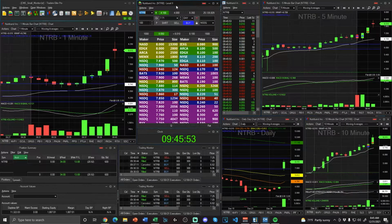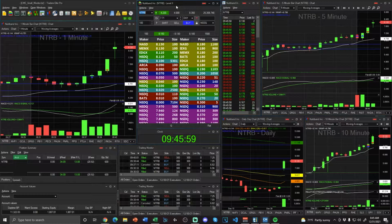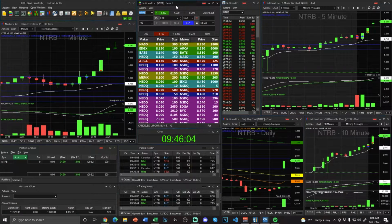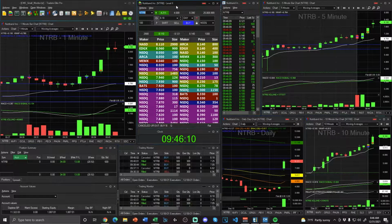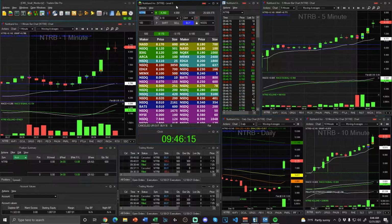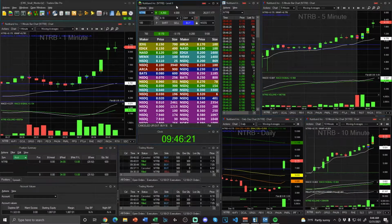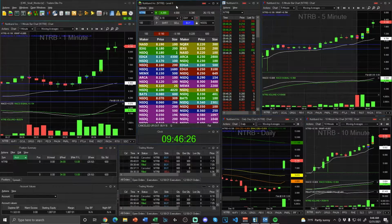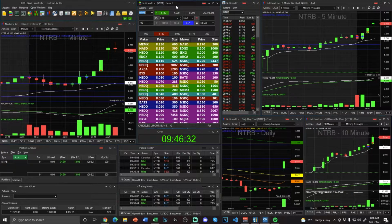Pulling back to 8, 15-cent spread there for a second. 8.02. Wow. So I tried to buy that dip there, but obviously wasn't filled. Let's see if we get the break of 8 here. Not quite. 8.02. So I tried to buy 500 at 8.18. Wasn't filled on it. Spreads are a little bigger. It's more whippy, I'd say, but